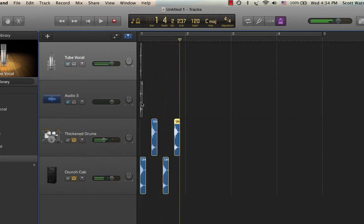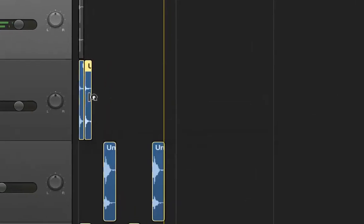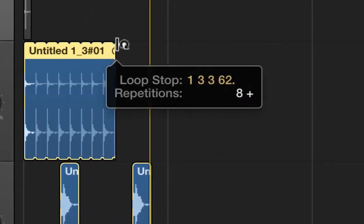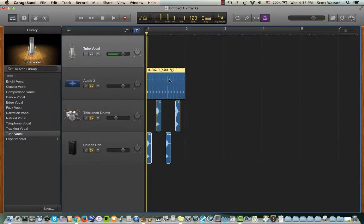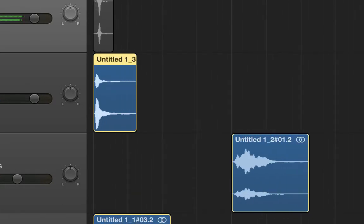Right, now for the clap, I'm going to option drag this. In fact, let me just loop it. I'll just grab it and loop it. Right. There it is. Right, so now I have. Actually, it doesn't turn out that it's exactly on the beat. So let me undo that. Zoom in. I needed to basically edit this